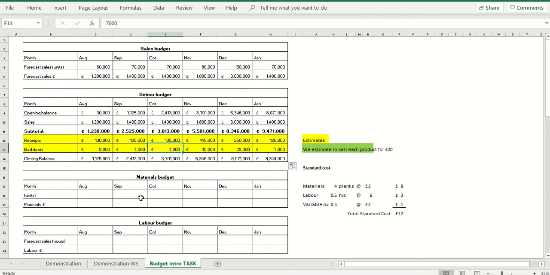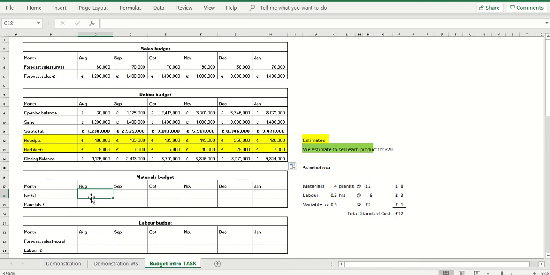One thing they do have in common though is that they're all driven on the back of the sales budget. So to work out our materials budget, we need to know two things. We need to know how much we expect to sell, so that comes up from the sales budget, and we need to know what our standard cost is. In terms of the material budget, we can define how many units we expect to need to purchase based on our sales. If we expect to make 60,000 products, and we know that each product needs 4 planks,